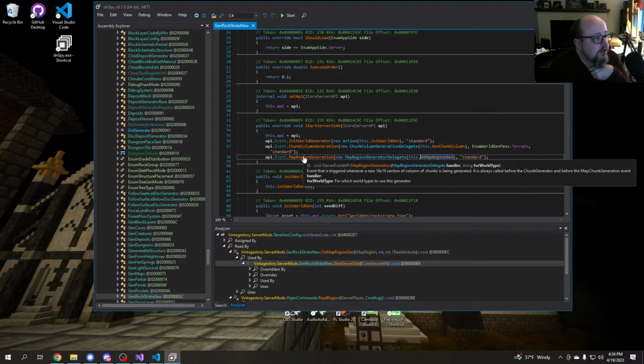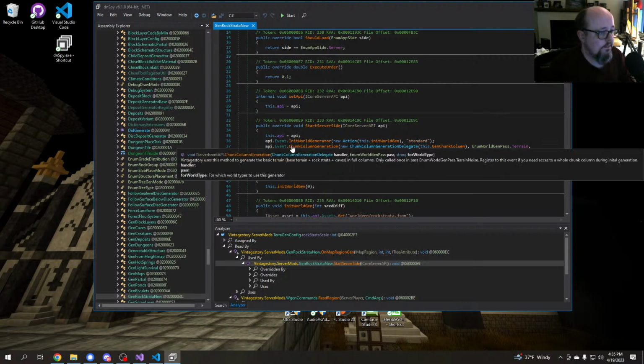Event that is triggered whenever a new 16 by 16 section of column of chunks is being generated. It is always called before the chunk generator and before the map chunk generation event. So, yeah, every time a region is generated,